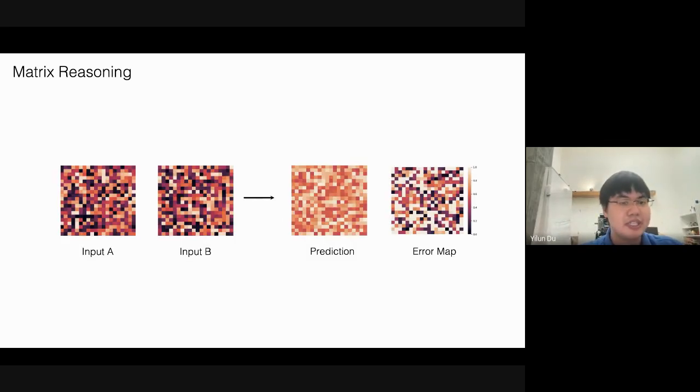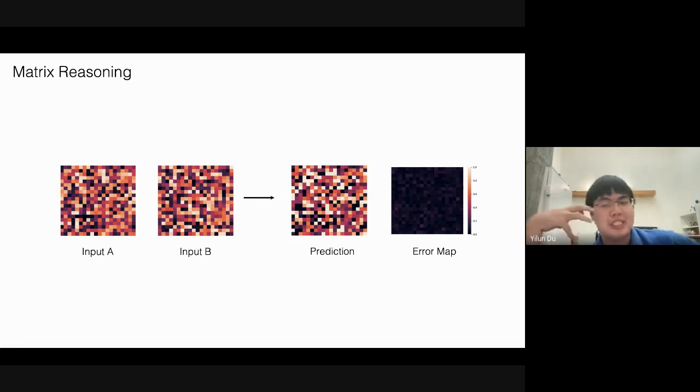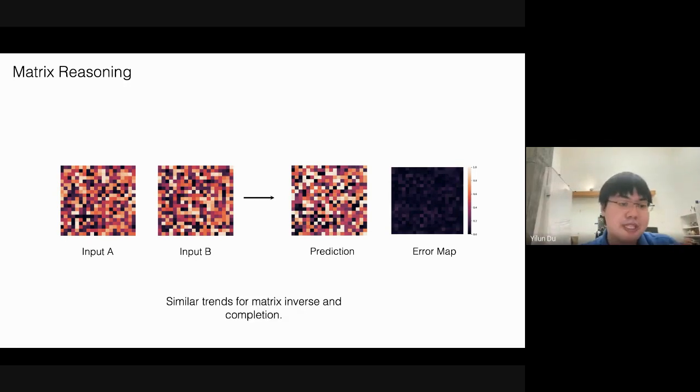And then you can do a very similar thing for matrix addition. Here you have two input matrices that are 20 by 20. Here's your prediction, and here's the error map. As you run optimization, you see that the prediction gradually corresponds to the sum of these two values, and the error map gradually gets to essentially 0. What we find is that if you use this type of optimization procedure, you can perfectly add very, very large matrices. You can also perfectly multiply matrices if you compute the input matrices in log space. You find very similar trends where, using this energy optimization, you can do different types of algorithmic tasks like matrix inverse and matrix completion.